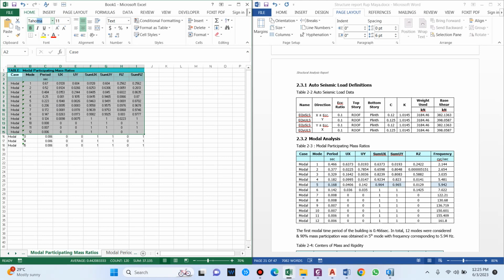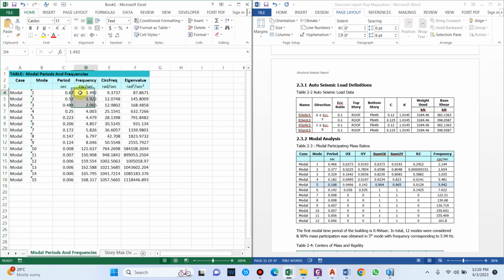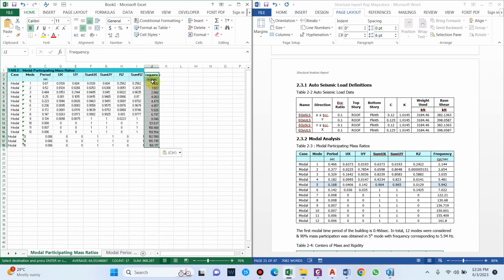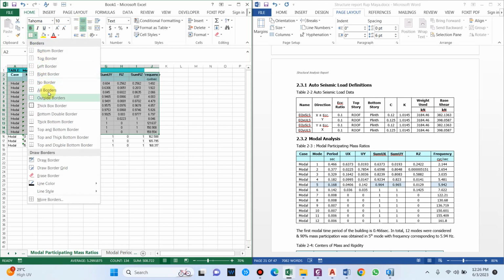keeping this as Tahoma. You can select any format that you are using. For now it is Tahoma in this report, so I'm just selecting Tahoma over here as well, with text size 10. The tables are size 10 and the other headlines are 12, 14, 11 respectively. I will be adding the frequency as well. The frequency table I'll simply copy and paste in the last column, and I'll merge these things. Tahoma, size 10, aligned in the middle. And I'll provide a table with all borders,